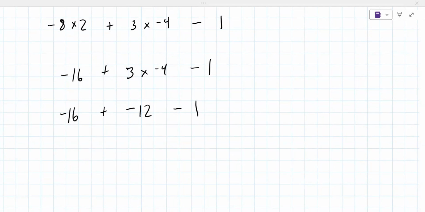Okay. And then -16 plus -12. Would that be a positive since it's the same sign? When it's the same sign, you keep the sign, and then you add the numbers without the signs. I was confusing myself. Okay. So then that would be